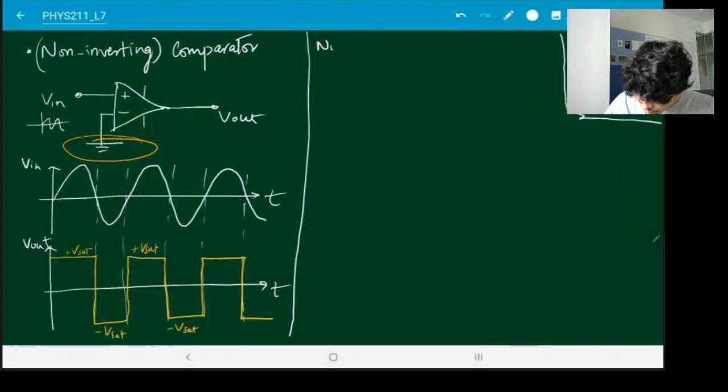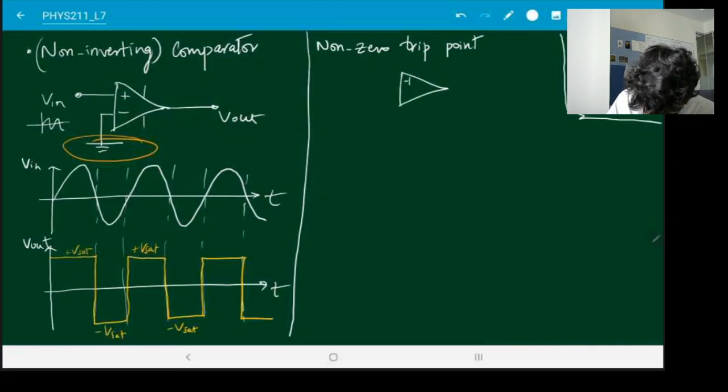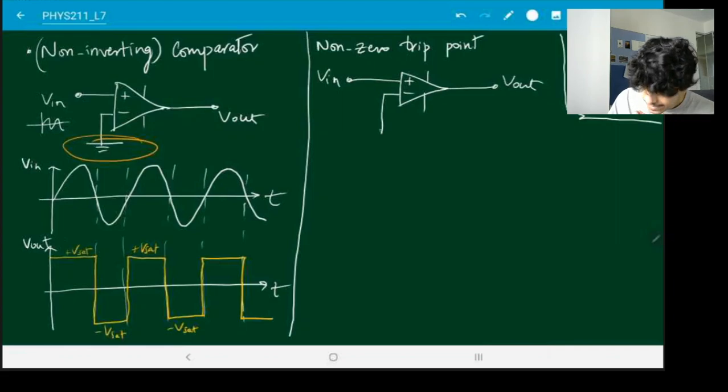So if I want a non-zero trip point, and over here I want to apply some kind of voltage. So let's say